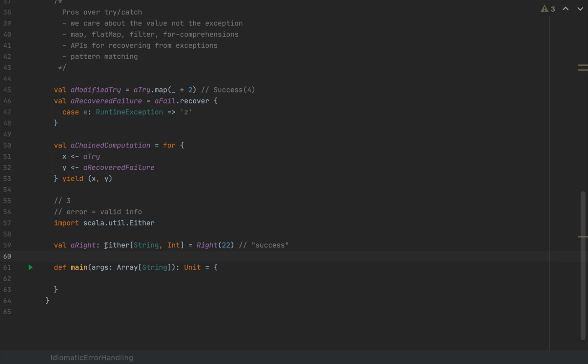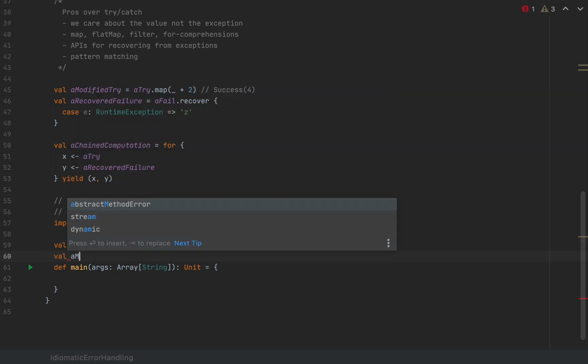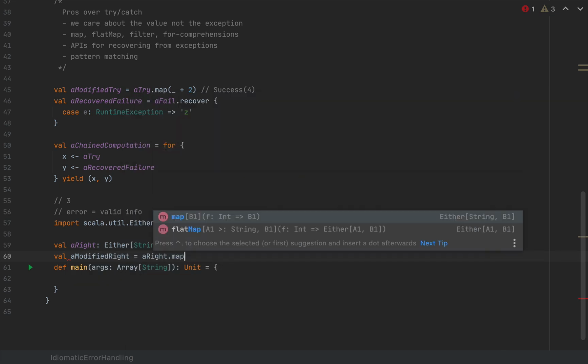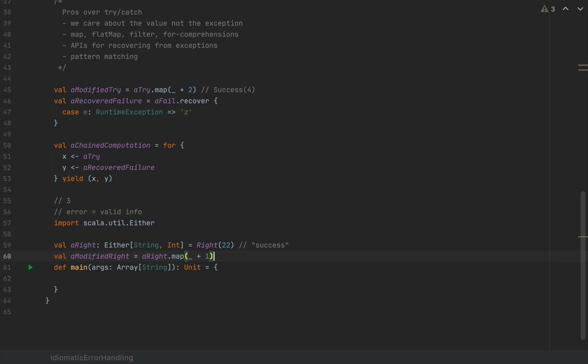you can have any type at all. And Either can have pretty much the same API as Try in the sense that you can have map, flatMap, and filter. So for example, I can have a modified right, you can say a Right dot map, and you can say underscore + 1, and the map operates on the right type. So this will be a Right(23),